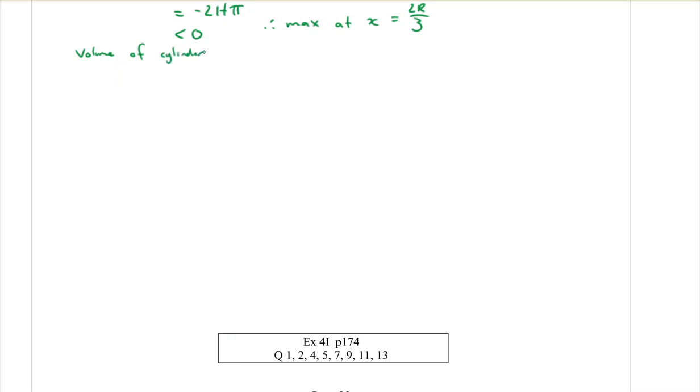The volume equation that we found right at the beginning was V equals h over r pi x squared (r minus x). Okay, that was our equation. Don't need to find it all over again. But we now have an x value that we can sub into that. So let's put it in there. So when x equals 2r over 3, what's the volume going to equal? Volume equals, okay, h over r, nothing to sub in there, pi. The x needs to become the 2r,